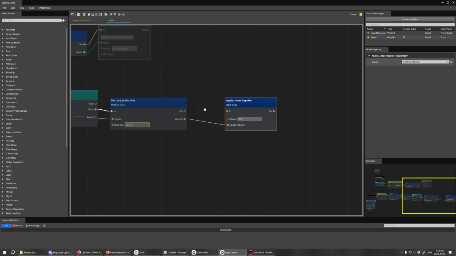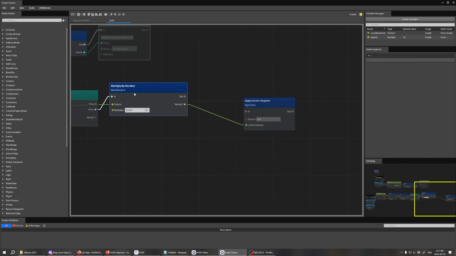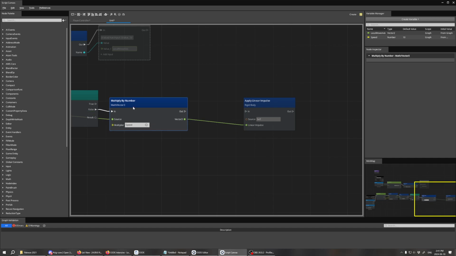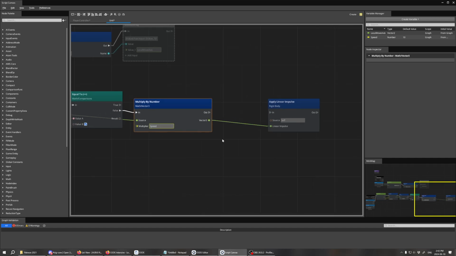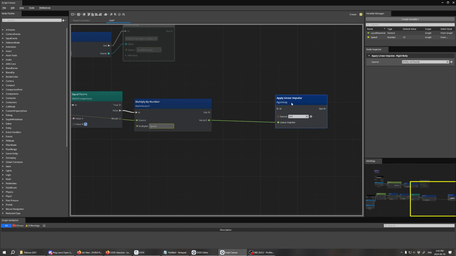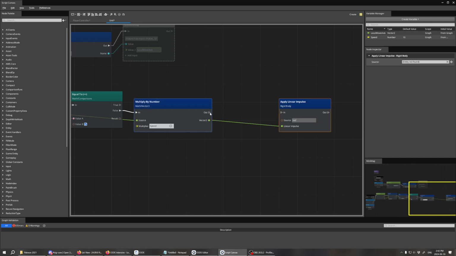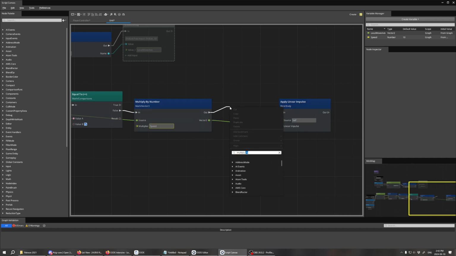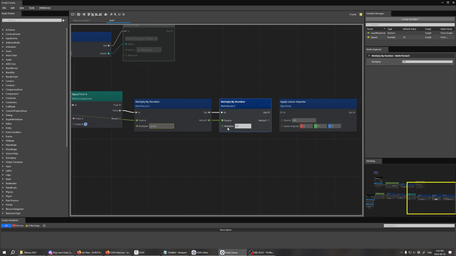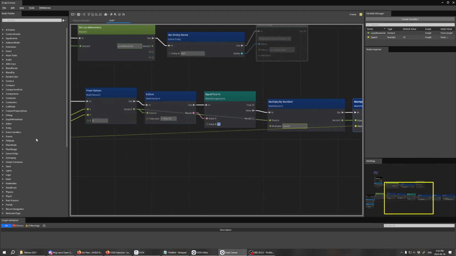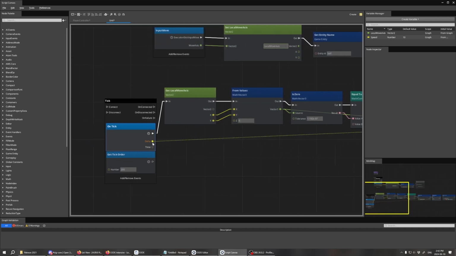What most games then do is, once you have your final force that you want to do, you then go, how much force should I do this update, right in between these two? And that comes from, in this case, multiply by number for a vector 3, because we're playing with vector 3s right now. And this multiplier, we can derive from our delta time. And this is how almost all games